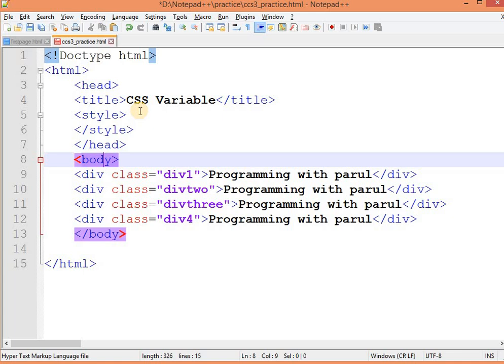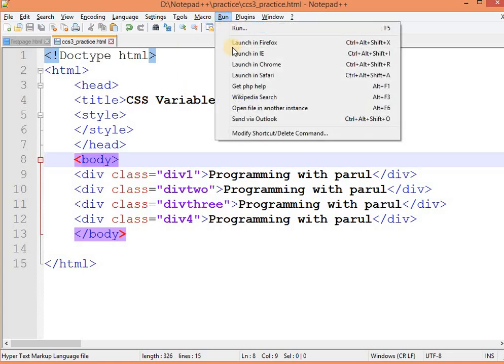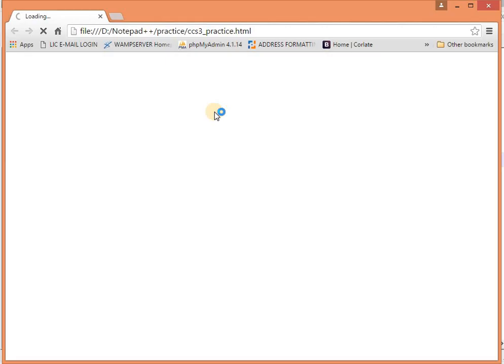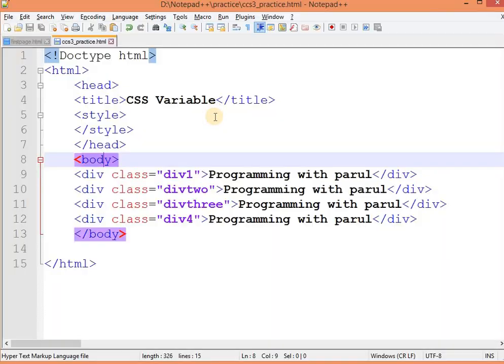In the style tag there is nothing at all. So let's first run this. Okay, very simple.